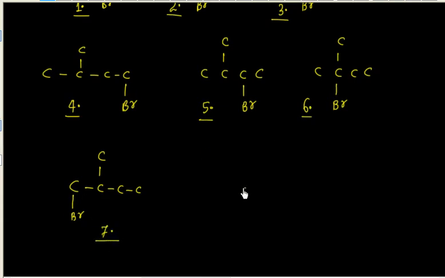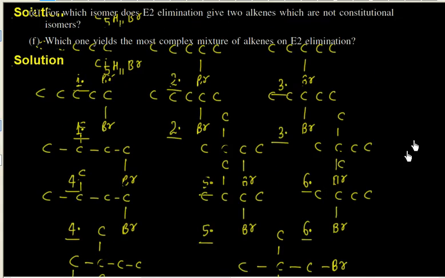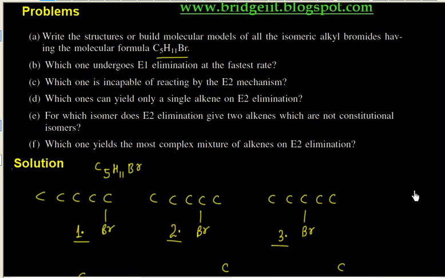And if you put two branches, you have this. Now in this case you can have only one possibility to put the bromine. So there are 8 possible isomers. So these are the isomers. Now the question part, so this is part A. So part A will have 8 possible isomers.